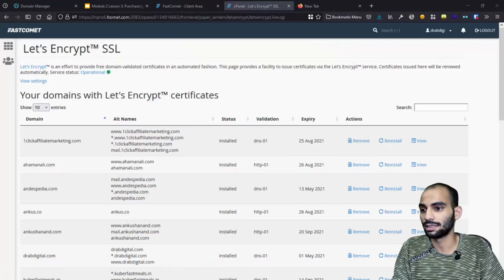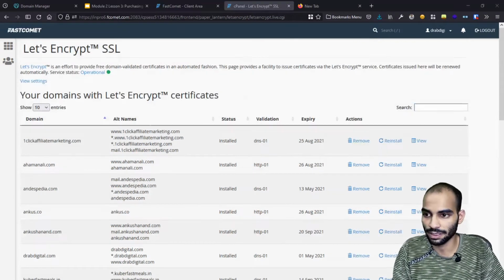But if you are just looking for a simple SSL certificate, there is no need to get into a paid SSL certificate in the beginning. Just go for a free SSL certificate. Later, when you feel like you are getting millions of traffic or something like that, you can go for a premium SSL certificate as well. So these are the reasons why we do not do this.